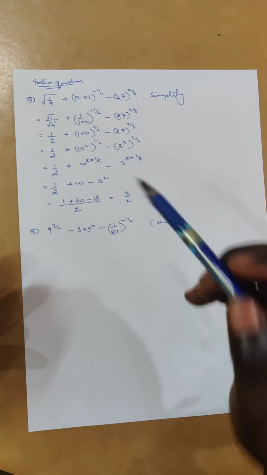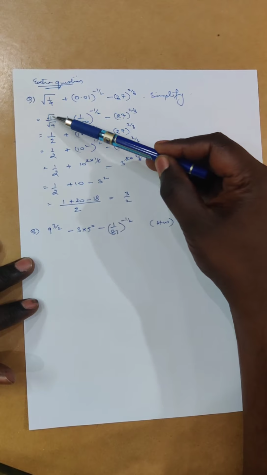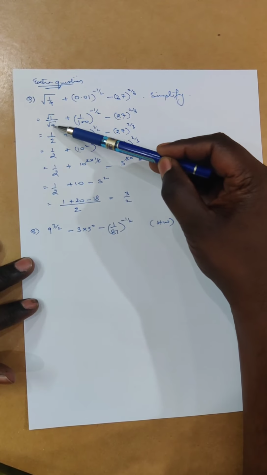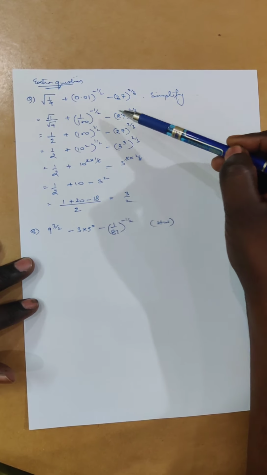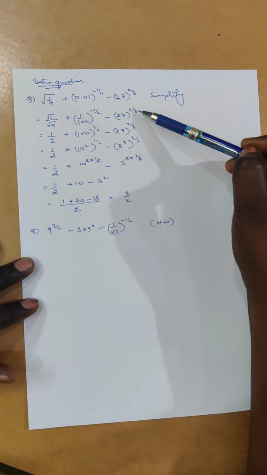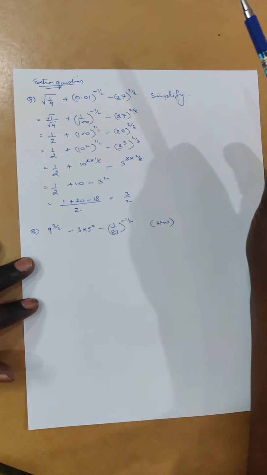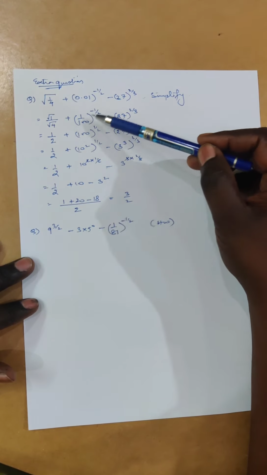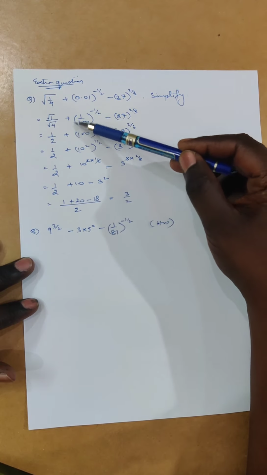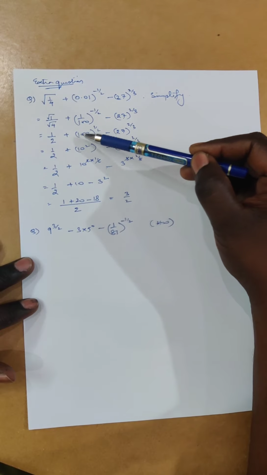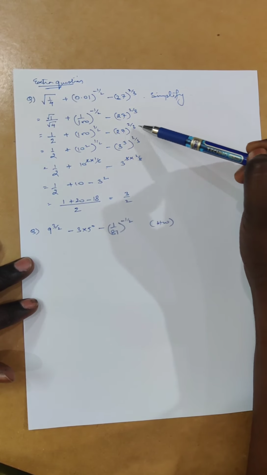So same thing I proceed here. First I try to change radical. I have to remove this. So under root 1 and under root 4, and 0.01 becomes 1 by 100, because if you remove the decimal, raised to power minus half, minus 27 raised to power 2 by 3. Root of 1 is 1, root of 4 is 2, so radical is gone. First step is done. Second, I remove negative power. The moment you remove the minus sign from here, the inner fraction gets reversed. 100 by 1, simply write 100 raised to power half minus 27 raised to power 2 by 3.